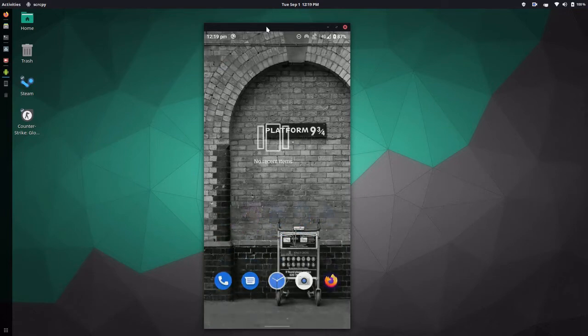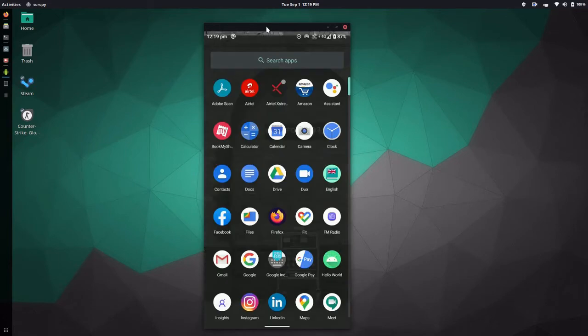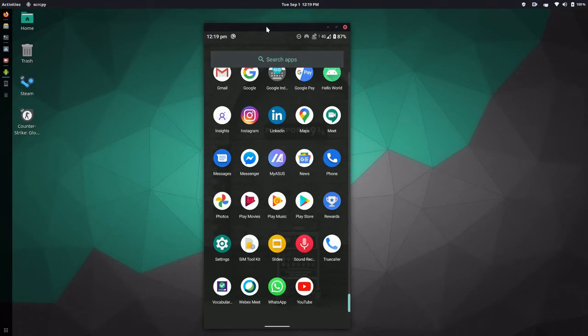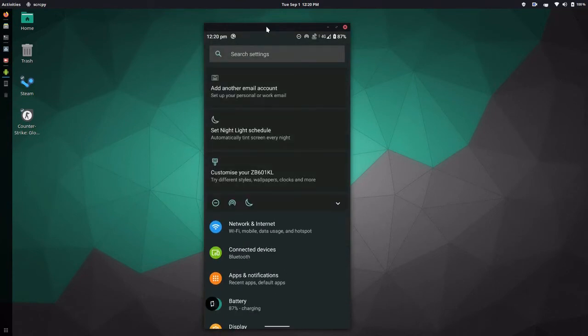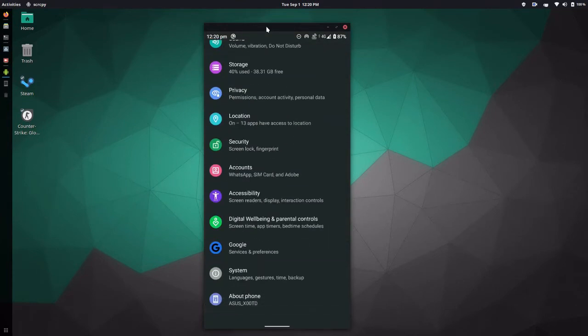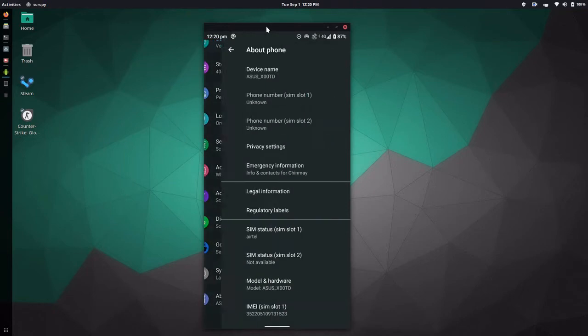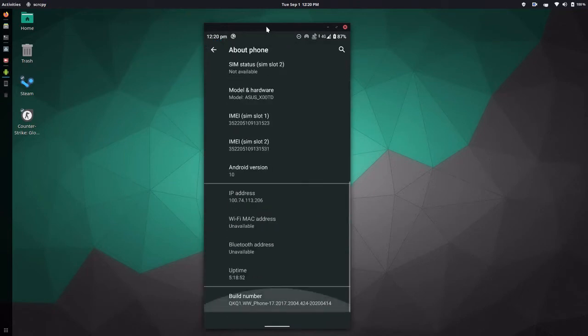But the main thing is that you have to go to settings and change some options. So I'm inside my settings, and you have to go to About phone, and then tap several times on the build number of your device, so that it will allow you to go to the developer mode.